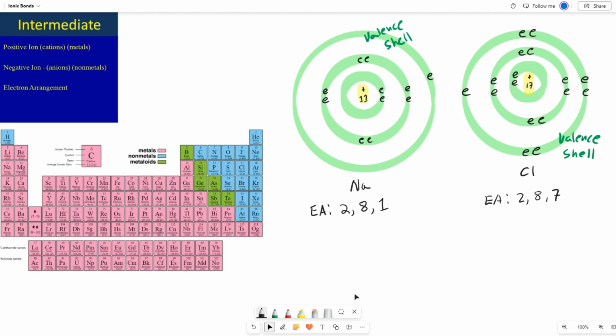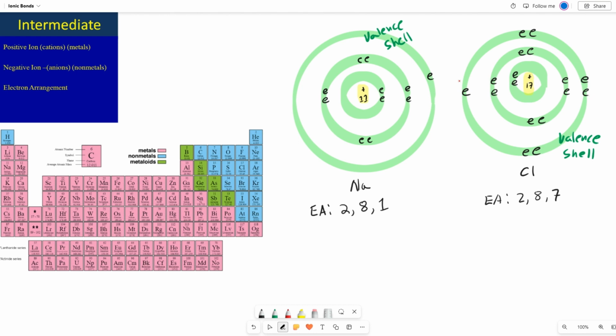If we have a sodium atom here, which is a metal, and then a chlorine atom, which is a non-metal. Remember, it is a metal and a non-metal that forms ionic bonds because they have large differences in electronegativities. And the reason why is because the nonmetals, in this case chlorine, almost have their valence shell or octet filled. It has 2, 8, 7 electrons in its valence shell,